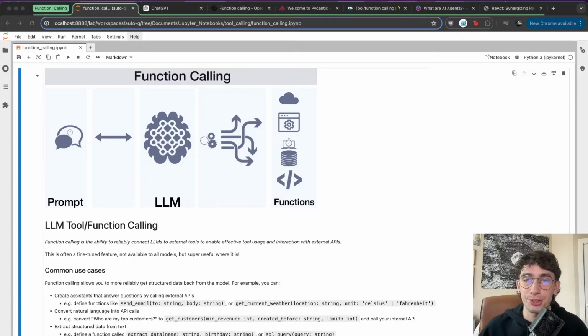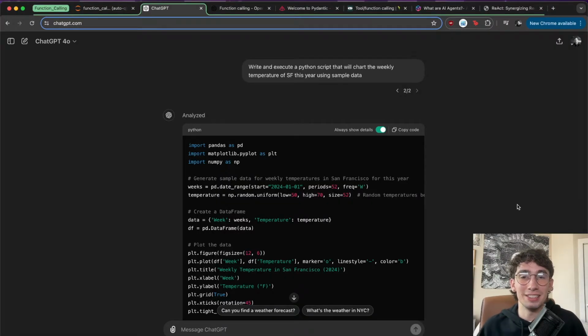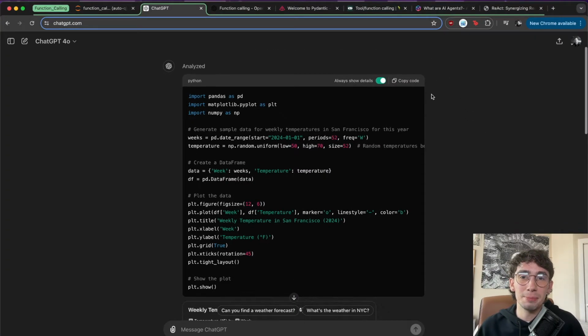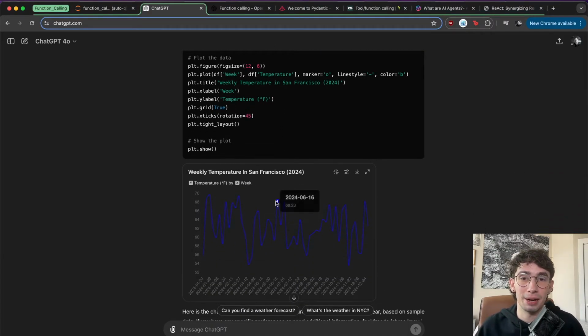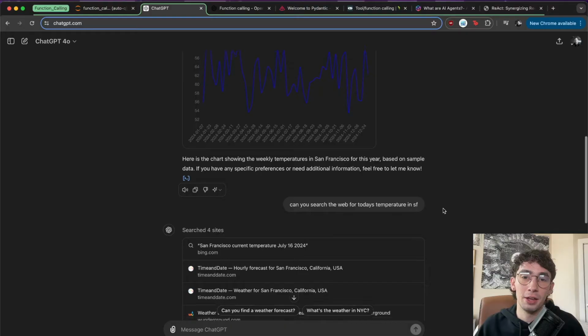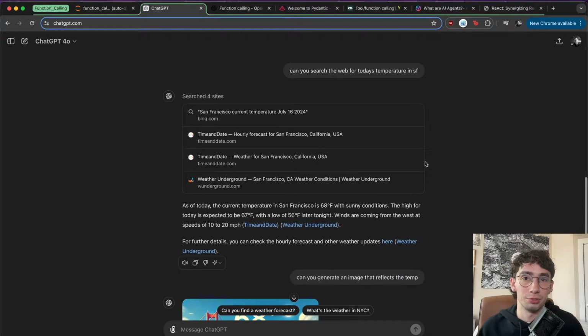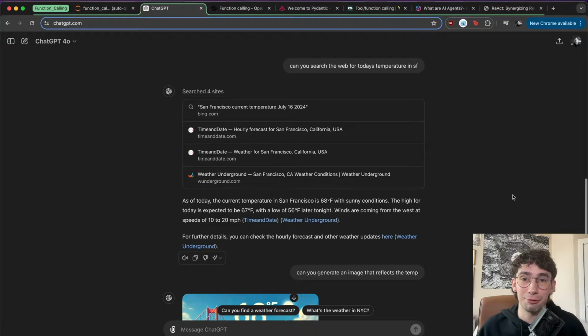Now what tool and function calling is, it's essentially the ability to reliably connect language models to external tools, functions, or APIs. You've likely seen and used some form of function calling when using something like ChatGPT, which has the ability to write Python code and then use the function of actually executing the Python code to show something like a graph. Or it can use the tool of searching the web